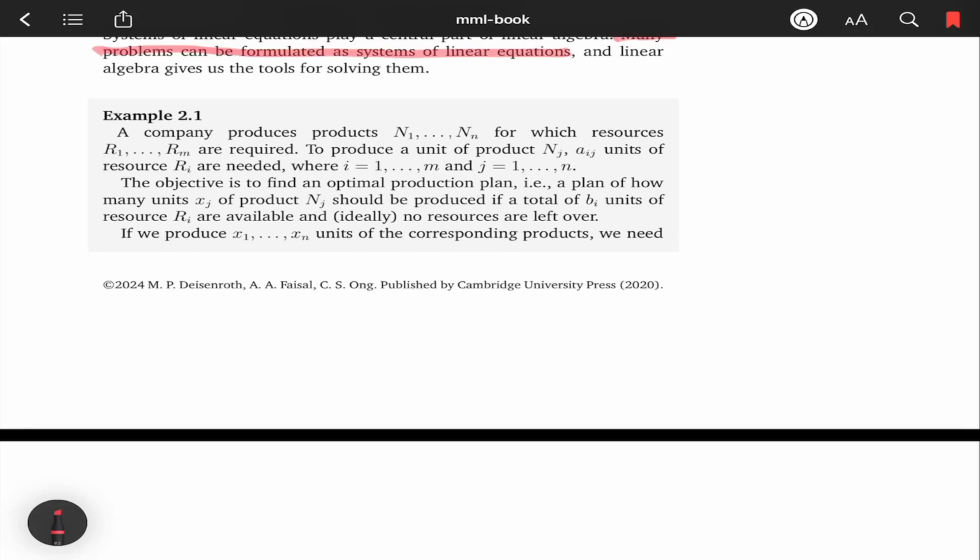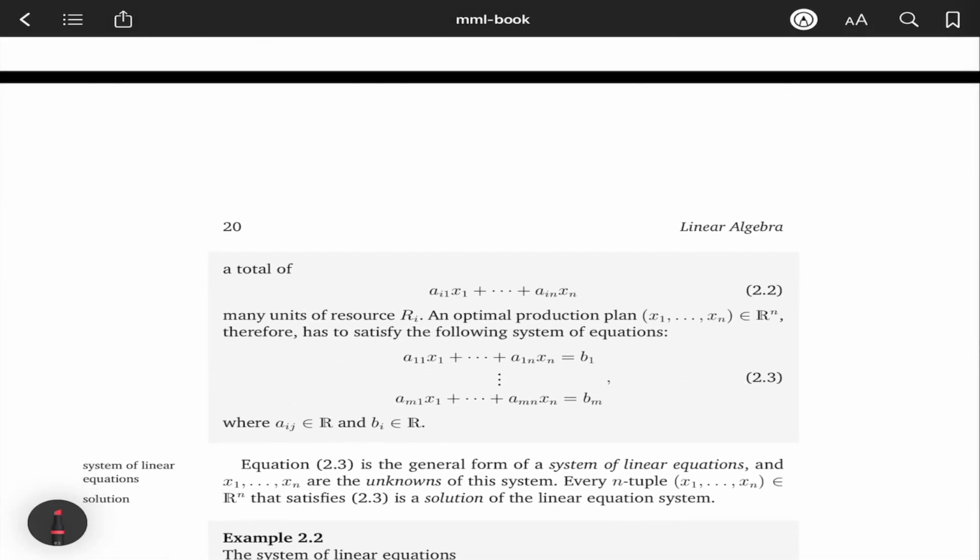A company produces products N1 to Nn for which resources R1 to Rm are required. To produce a unit of product Nj, aij units of resource Ri are needed. The objective is to find an optimal production plan, a plan of how many units xj of product Nj should be produced if a total of bi units of resource Ri are available and ideally no resources are left over. If we produce x1 to xn units of the corresponding products, we need a total of